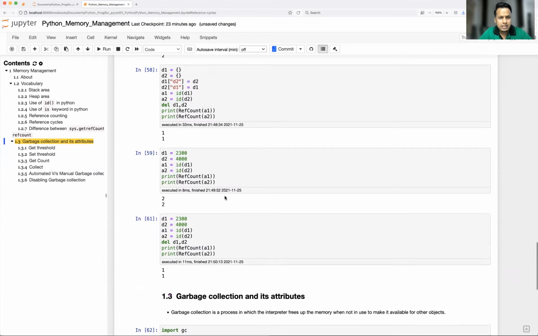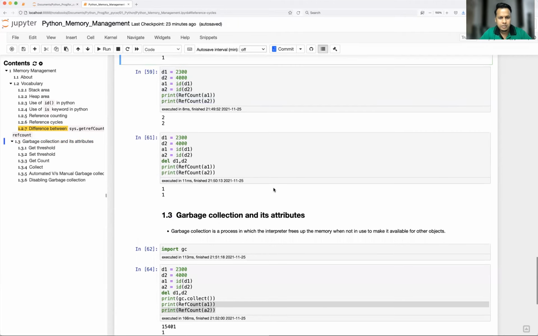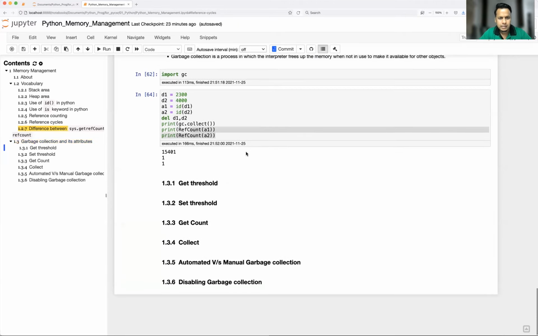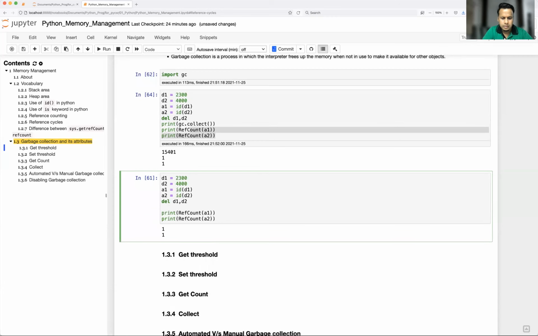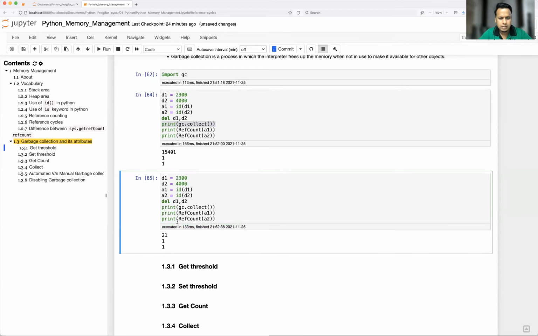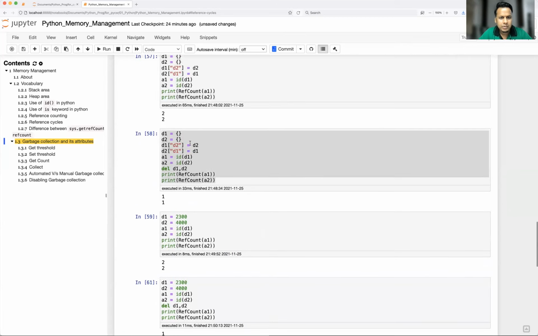So I'll just take this example where we have created a reference cycle. Then it makes sense to understand. So let me run this, delete d1, d2. I just use this function. Sorry, I copy pasted the same code again.